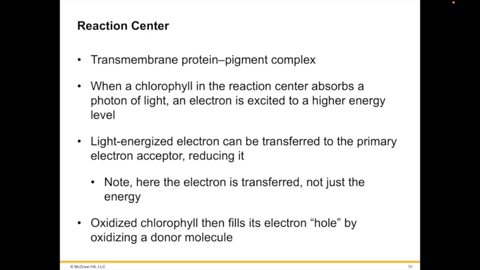The reaction center is a transmembrane protein pigment complex. The reaction center of purple photosynthetic bacteria is simpler than the one in chloroplasts, but better understood. So briefly put, a pair of bacterial chlorophyll a molecules act as a trap for photon energy, passing the excited electron to an electron acceptor precisely positioned as its neighbor.